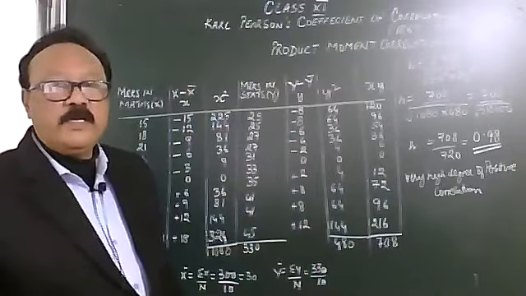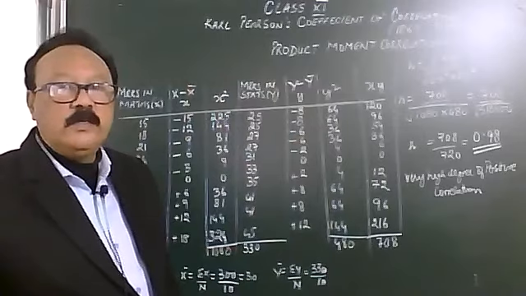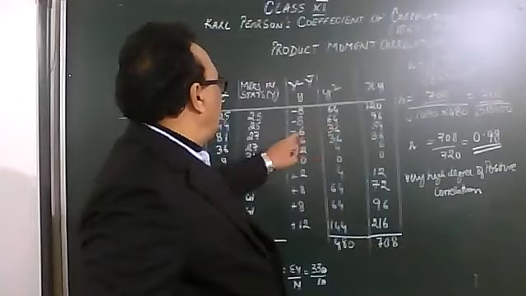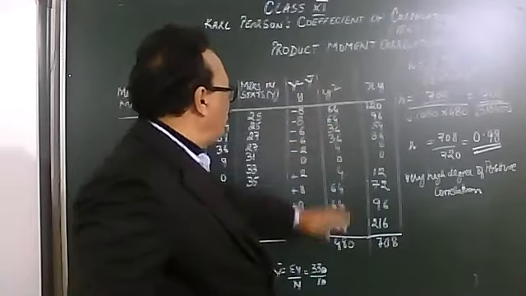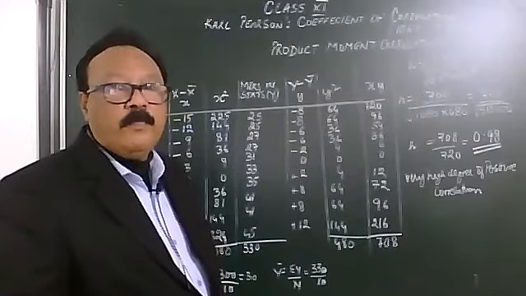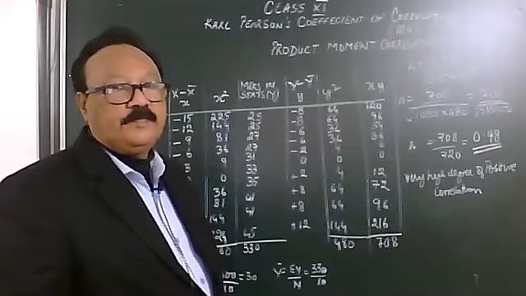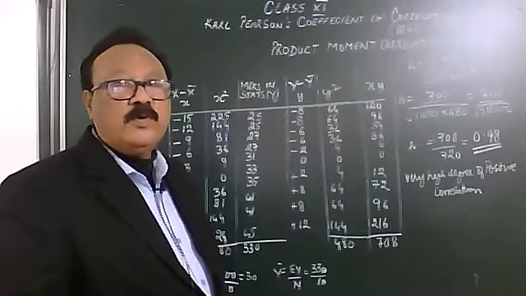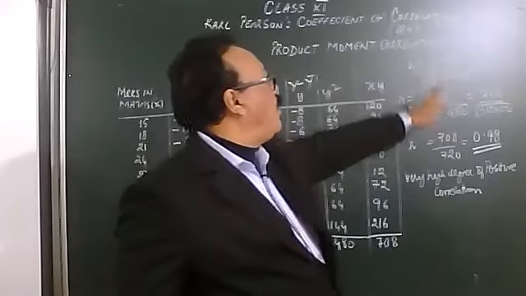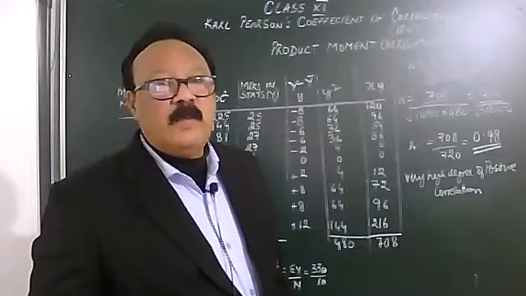So we will get the deviations again in minus and plus. To get rid of the signs, we square the values. 8 8s are 64, 6 6s are 36, 2 2s are 4, and so on. Okay, so the signs go. Now the formula, remember, of Karl Pearson's. R is the character being used for correlation. So R is equal to sigma xy upon under root sigma x squared multiplied by sigma y squared.